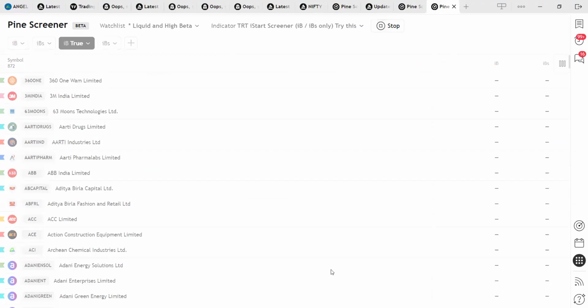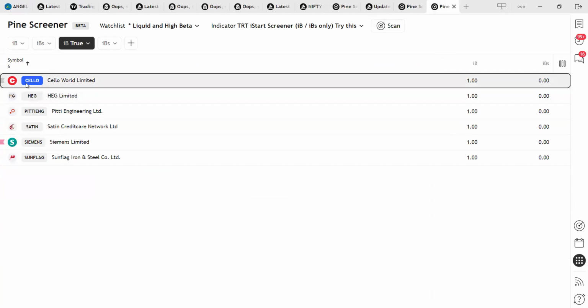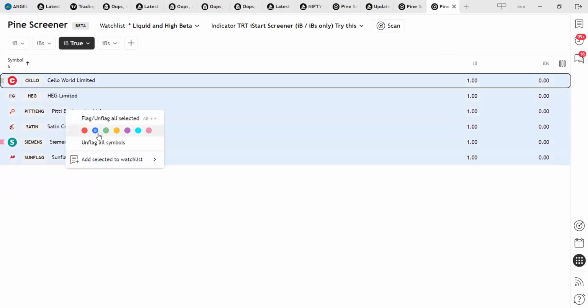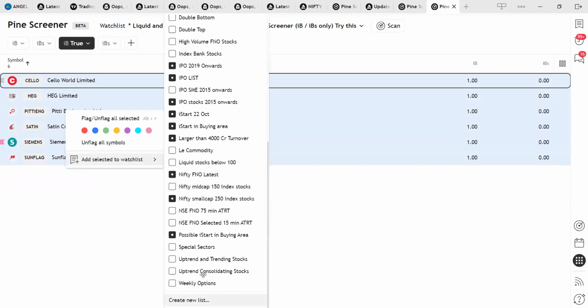So this will give me the list of stocks where price has reached a buying area and there is a I start. And you can see there are only 6 names. Out of 800 stocks, I got only 6 names which fulfill my conditions. I can add these stocks to some watch list, select a watch list, create new watch list,